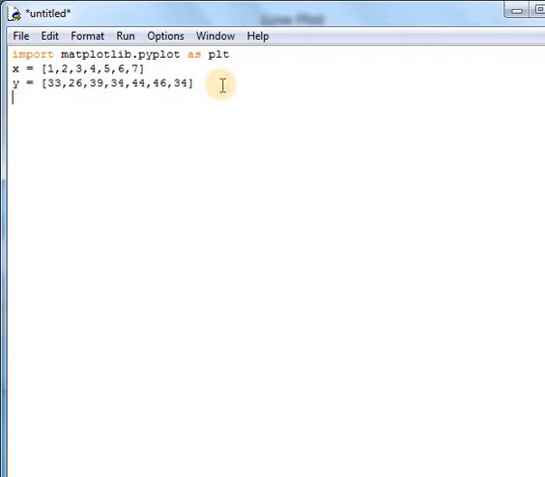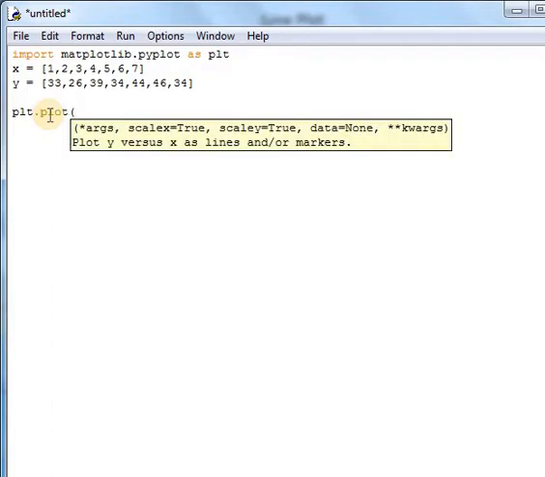Now if I want to use the line plot in my program, what are we using? We are using plt. What is plt? plt is the matplotlib pyplot module. In that, the plot function, and we are passing the arguments.